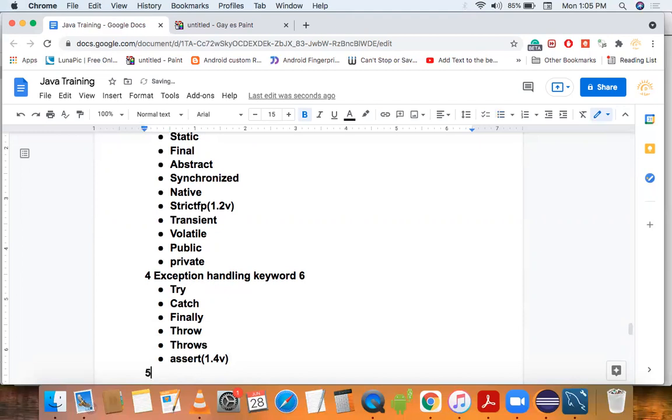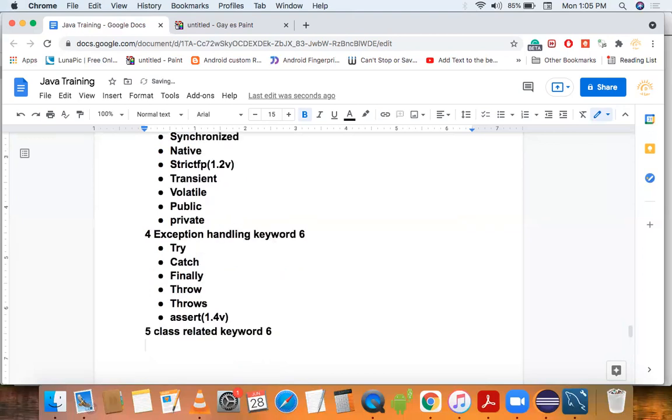Next is fifth, class related keywords. These are around 6 keywords.